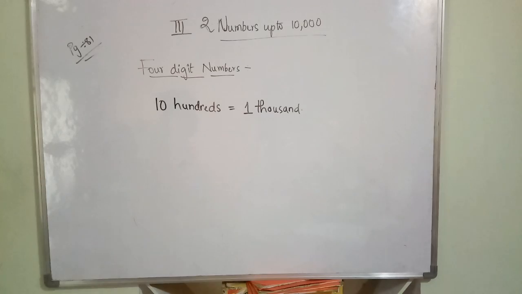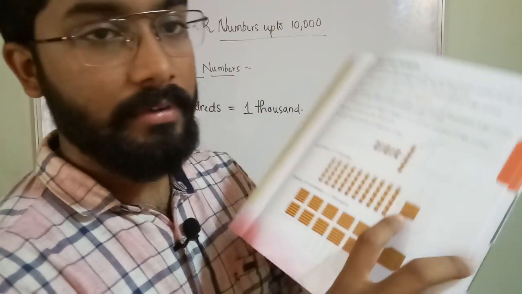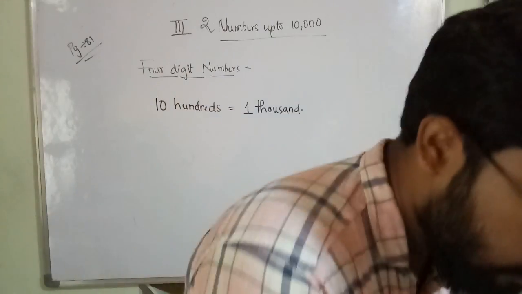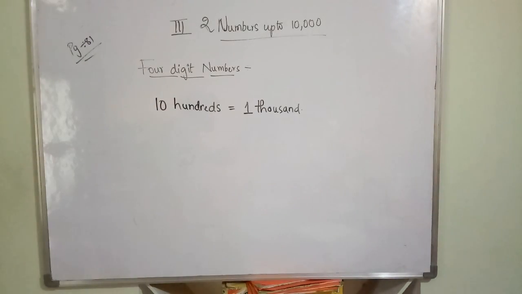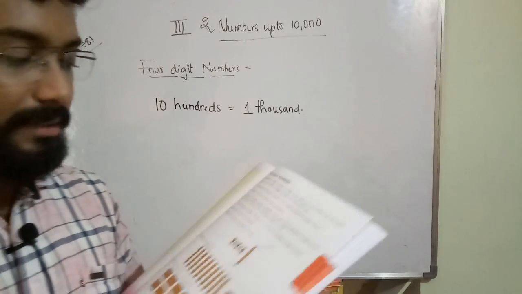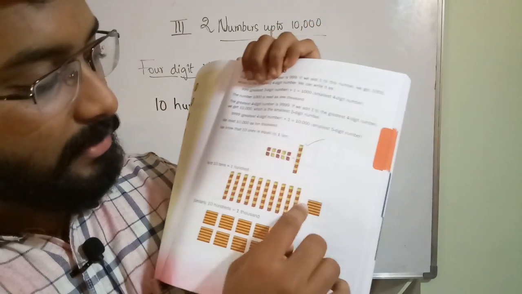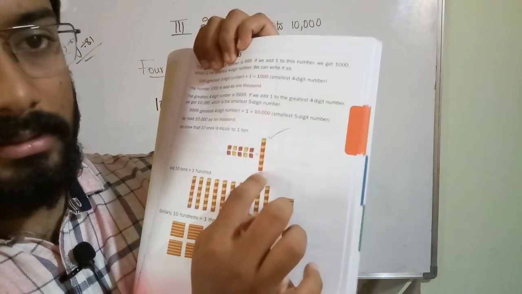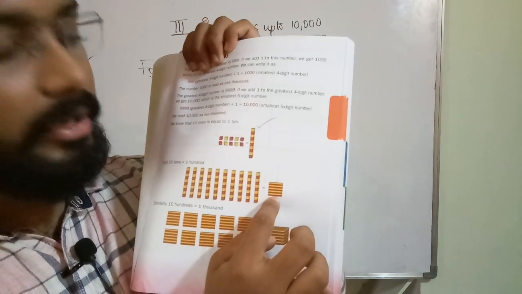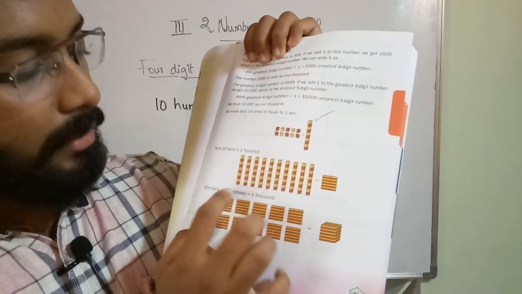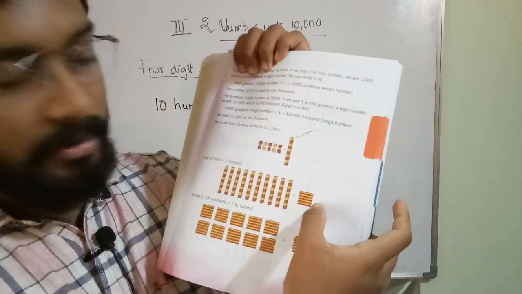In that we can clearly understand. Just now we got what is 100, no? Previously we have learnt about tens and hundreds, no? Now we are going to learn about thousands. See, 10 tens equal to 100. This box represents 100 and this box represents 10, okay? So we got 100 here. So 10 hundreds means this type of boxes.